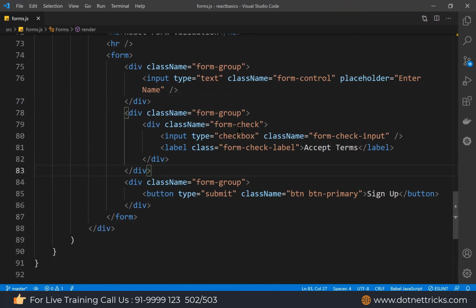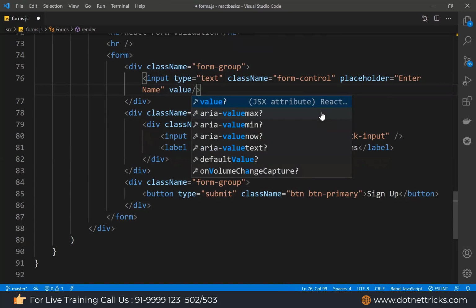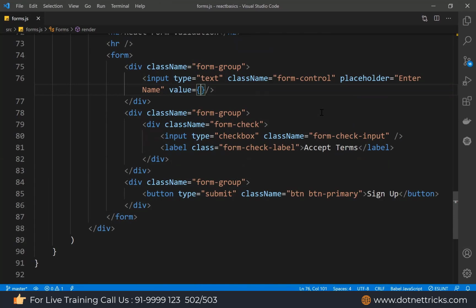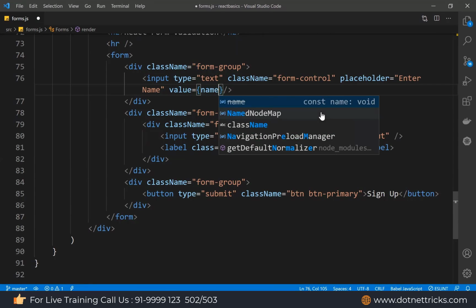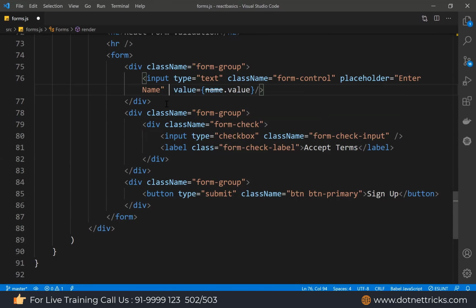So for the name, obviously we will now use state. For the value, we just use name dot value. So we have a text box name, and let me define the text box name as name over there. Then we will have an on change event, which I'm just going to capture.